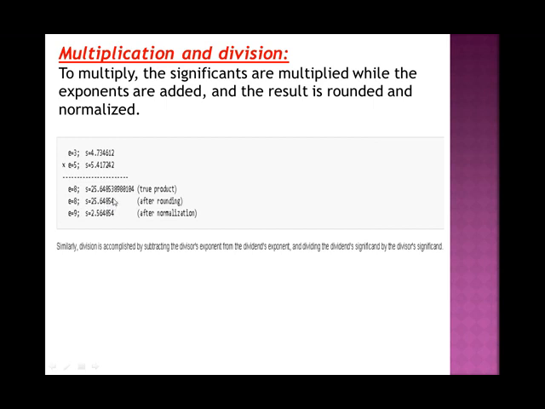Why round till 5 digits after decimal? Because this is the question. This is 1, 2, 3, 4, 5, 6. And there are how many numbers? 1, 2, 3, 4, 5, 6, 7. So I will choose only 7 numbers, that is 1, 2, 3, 4, 5, 6, 7. That's why I'm using till the 7th digit, and rounding according to the digit that is available after 7, that is at the 8th position.